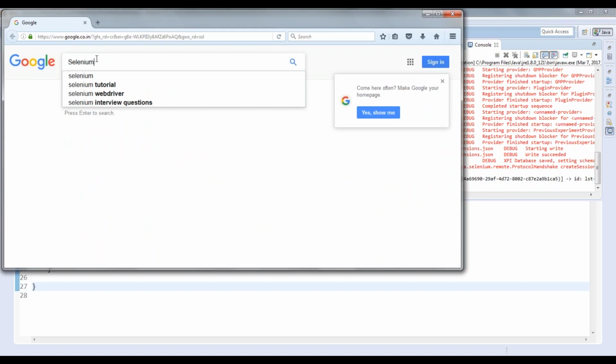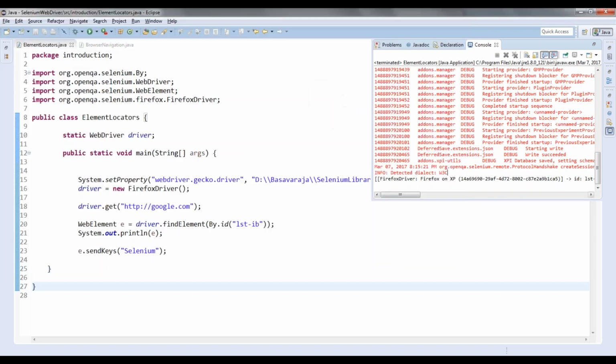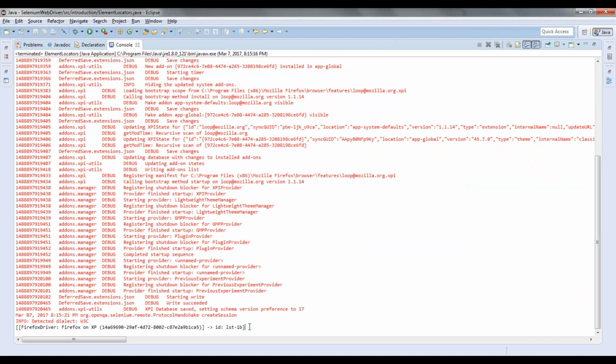You can see here it has input that string, Selenium, and in our output it is giving me Firefox driver, Firefox on XP, and this is the element ID. I am identifying with ID, that's why it is giving me that element reference.